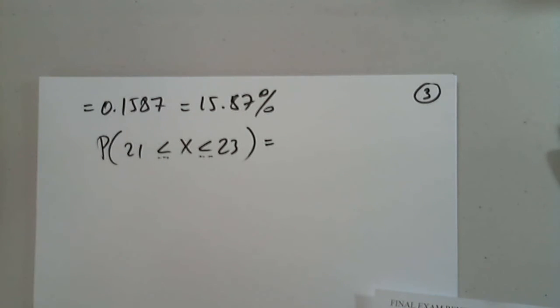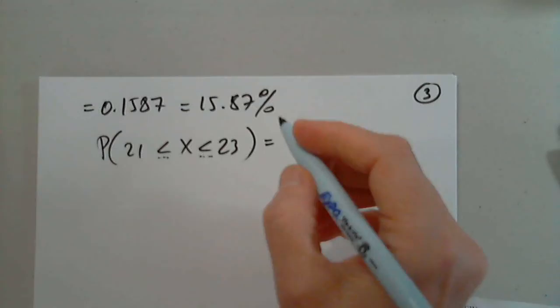Since I have StatCrunch up, why not? I want in between now, and I want on this side. Oh, you would just use that function. I'm sorry, you would just use the between function. Okay, that makes more sense. I just forgot how to do it on StatCrunch. That's okay, no worries. So between 21 and 23, and I compute, and that is